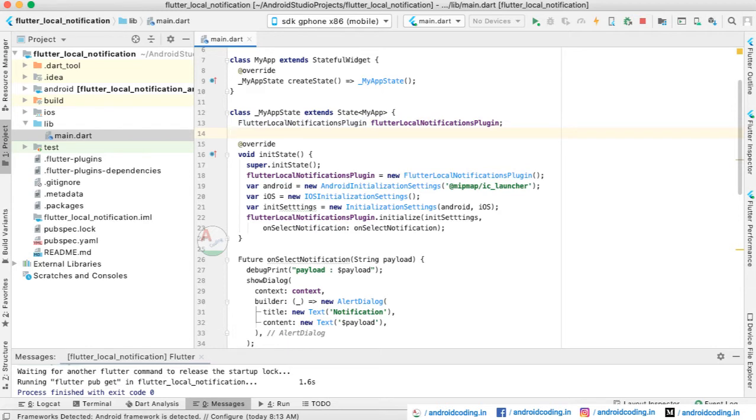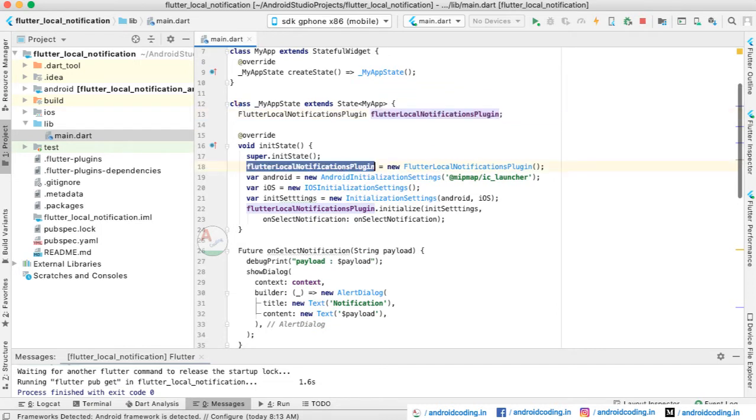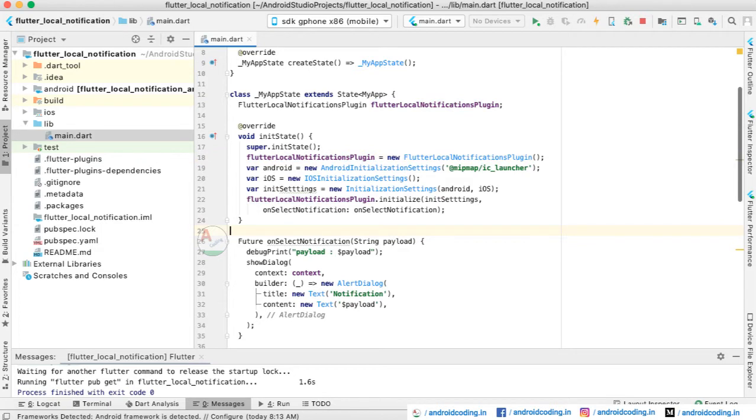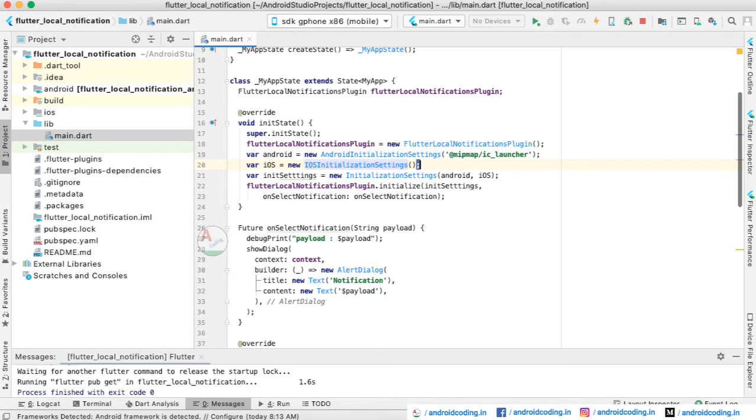This is the flutter local notification plugin which we have added in our dependency, for which we have created an object, and we will be initializing this object in the initState of the program. You can see for Android we have provided an image for an icon, and for iOS it's the default settings, and we have initialized both Android and iOS. And we have also initialized our local notification plugin object here.